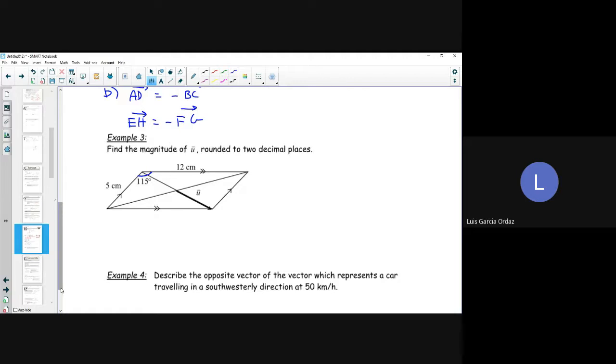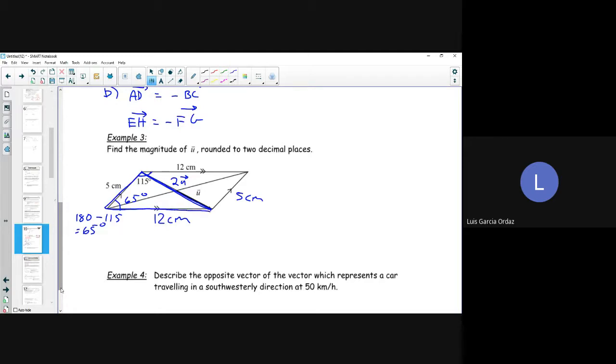However, this angle will be 65 because 180 minus 115 gives me 65 degrees. So this opposite side is 12 centimeters and this opposite side is 5 centimeters. One side is u, which means this whole blue line right here is going to be 2 times the vector u. Now if I highlight this triangle over here,